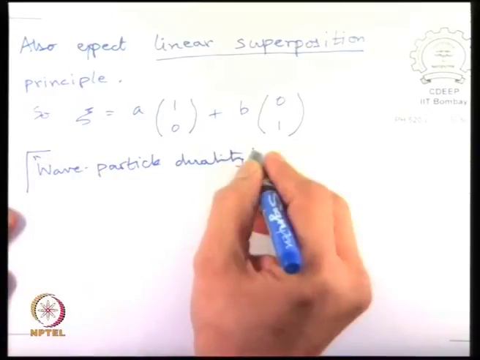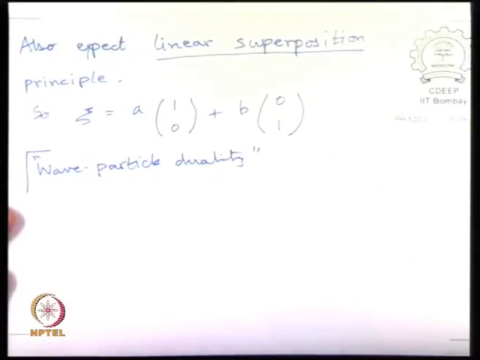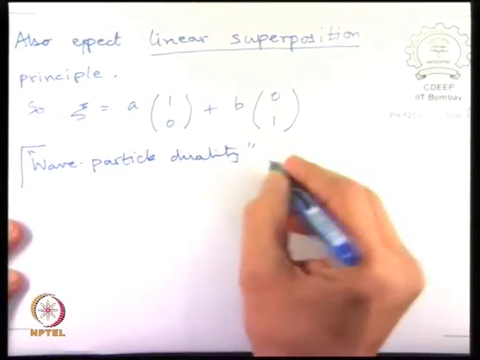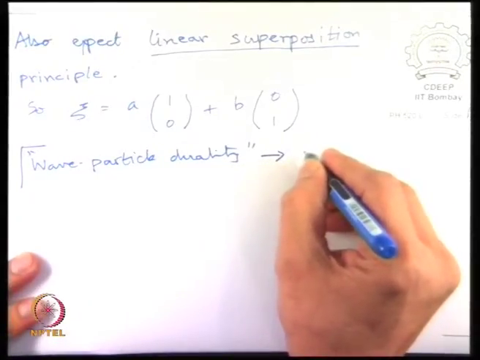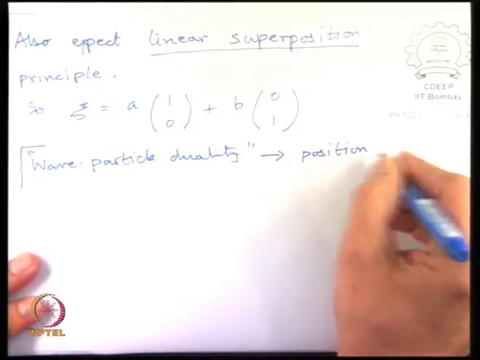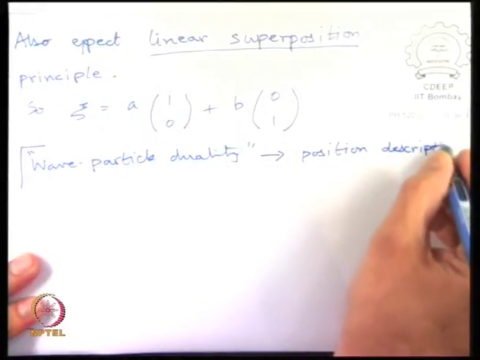So these are the two big misnomers of quantum mechanics, sold to the public, and the public has bought it, and you will find innumerable philosophical discussions going on about this. It's all garbage. Okay. So the wave particle duality basically is position description or momentum description. And we do know that there is this complementarity. You cannot have both.